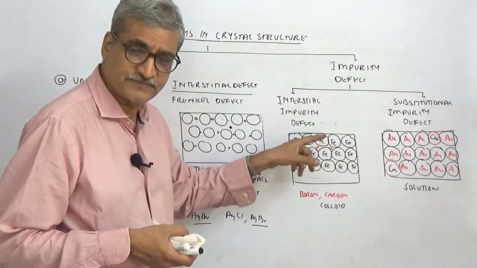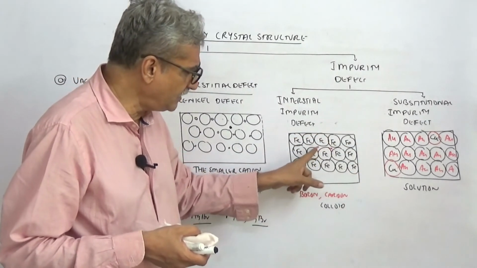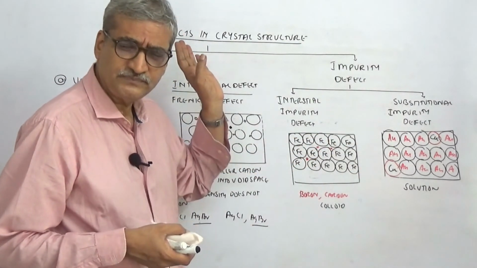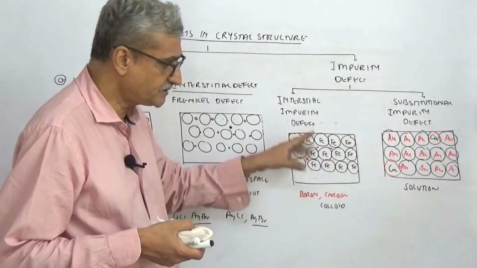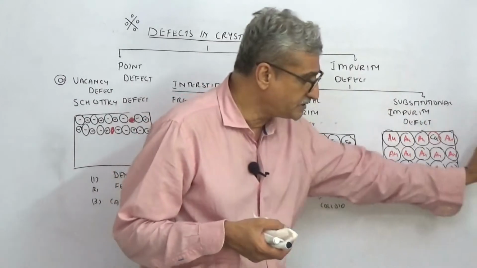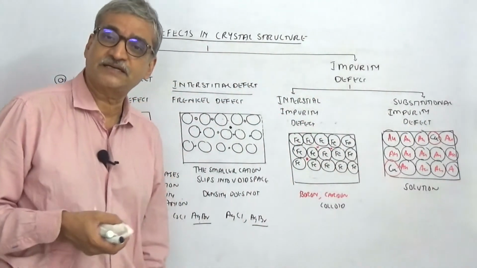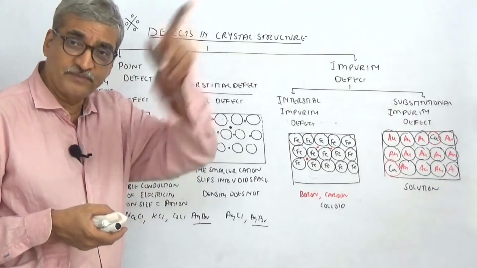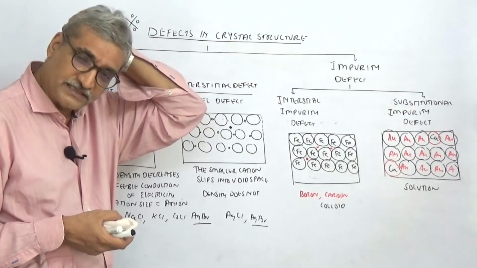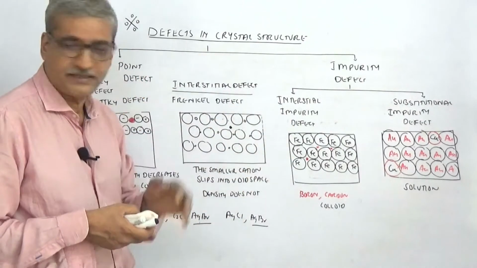You can take an X-ray spectrum and clearly see this. It means this is the continuous phase and this is the discontinuous phase. Whereas here you can see homogeneity when you see the X-ray spectra. So that will become a true solution. So this is an additional information. I think I told you in college, I'll teach you in solid state. So this is where it is.